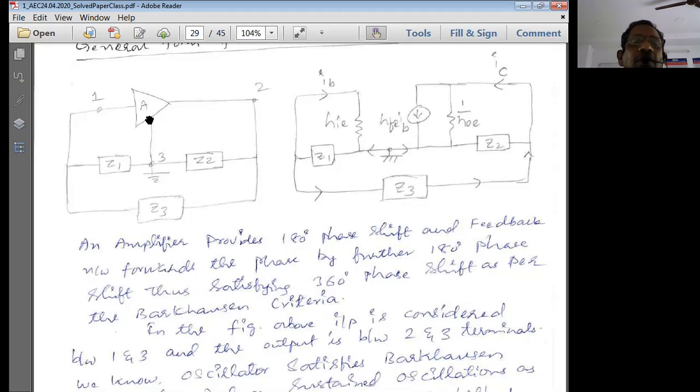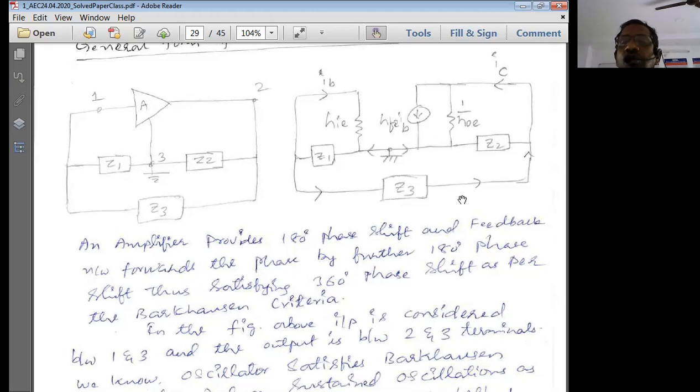And there is going to be a common terminal connected to the ground. Same thing we are doing here. So in between the ground and the input of the circuit, you're going to have the feedback element. In between the ground and output element, there's going to be a feedback element. Now across input and output, you're going to have one more element known as Z3. So this is the basic circuit construction of an LC circuit. This has to be compulsorily remembered by you like this only.